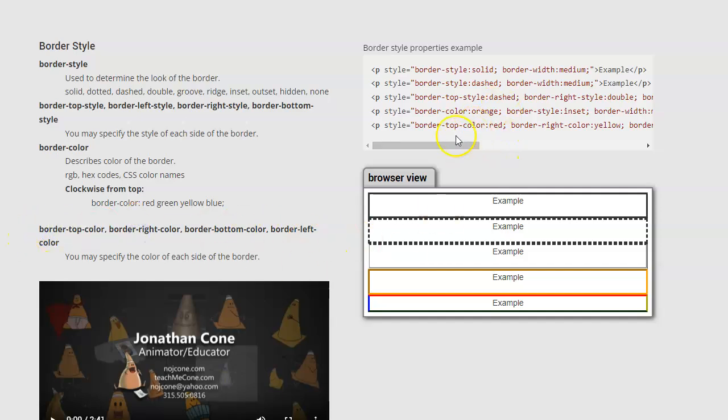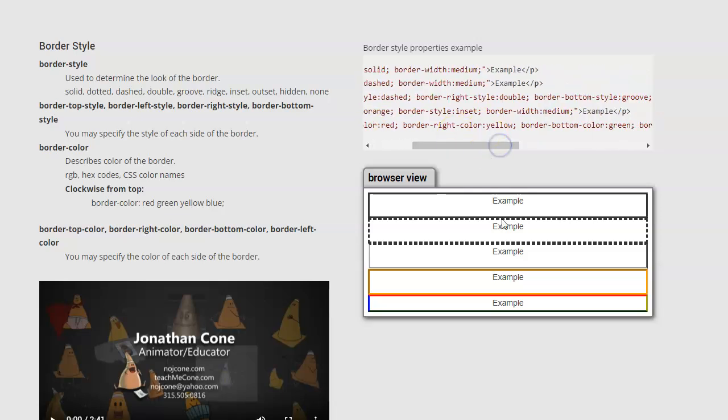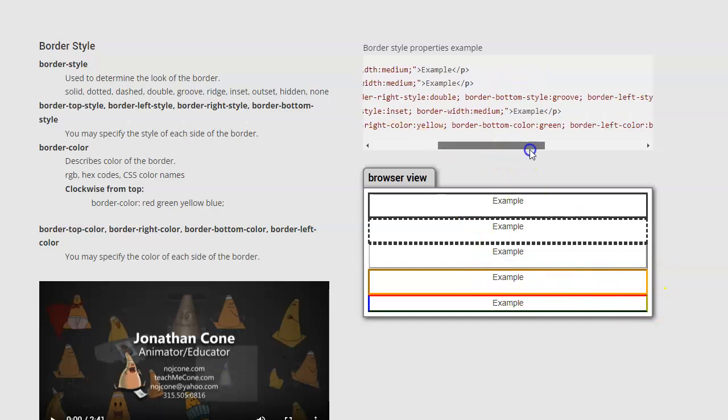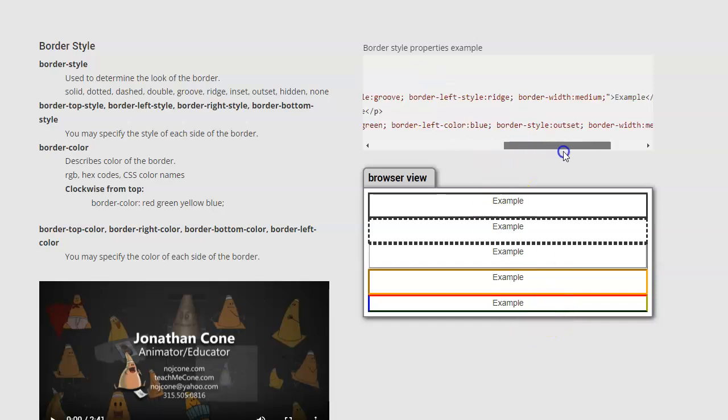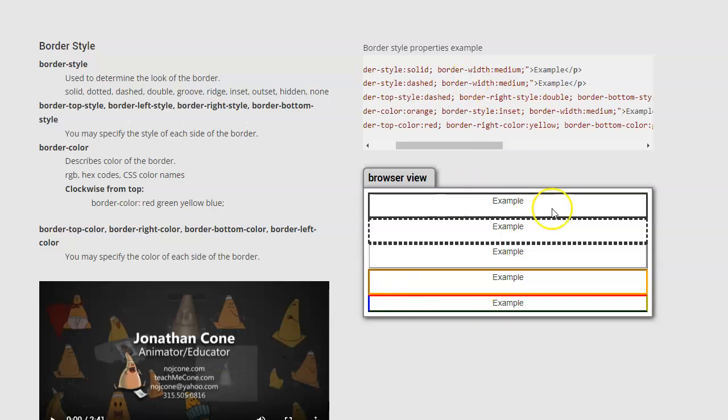So right here, you can see this bottom one here, we got border top color red, border right color yellow, right? So it goes clockwise, so red to yellow. That is the ugliest yellow I've seen. Green, bottom color green. I think it's because this one's using outset, so it's like shading it, so that's why it looks like black. And then the left color was blue, right? So you can also determine that. So you can do quite a few things with